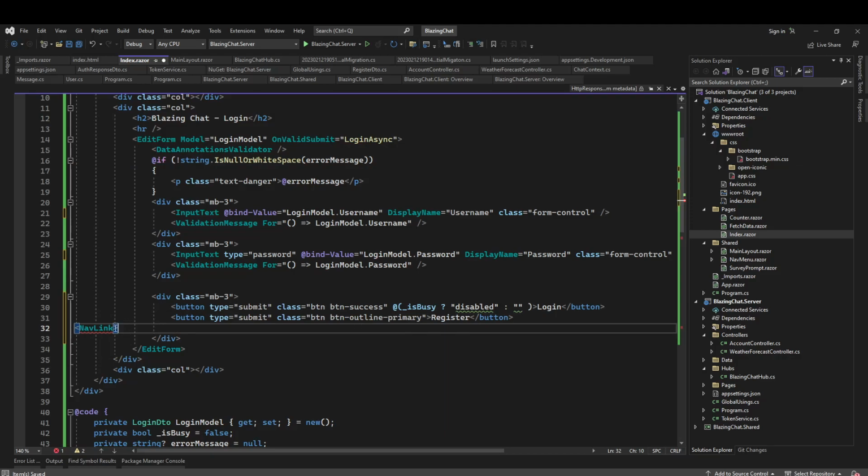Okay, nav link component. So for nav link we need to set href, and that will be register. We will create this in a bit. Register, and then I think href register, then class. We will use these classes